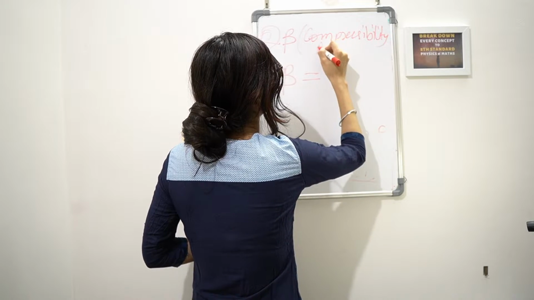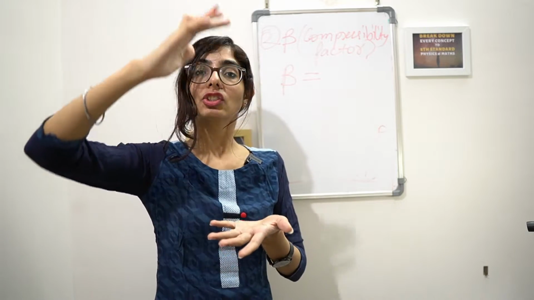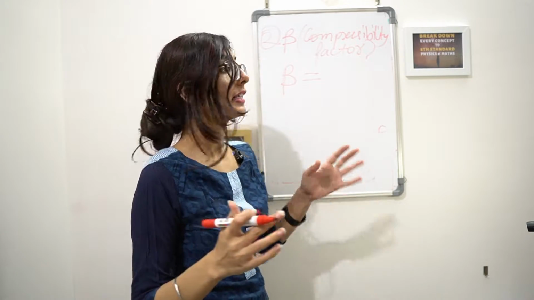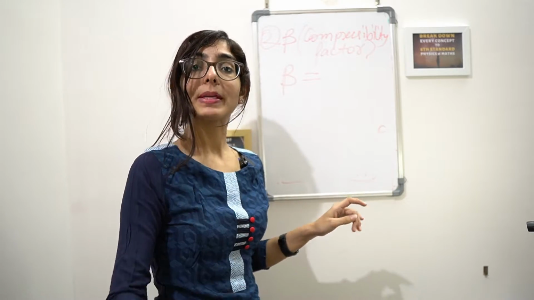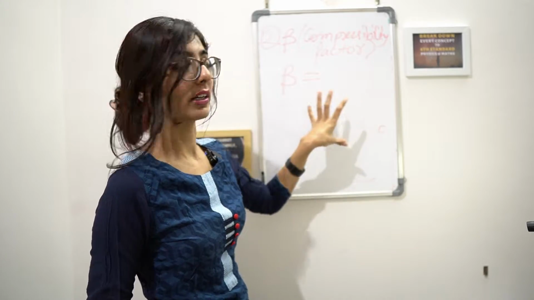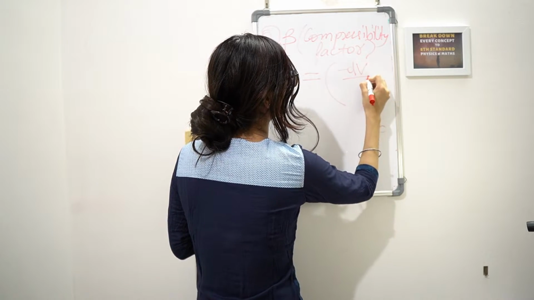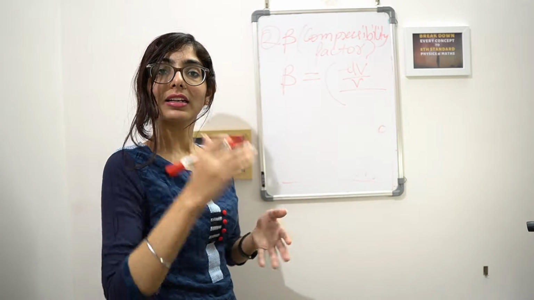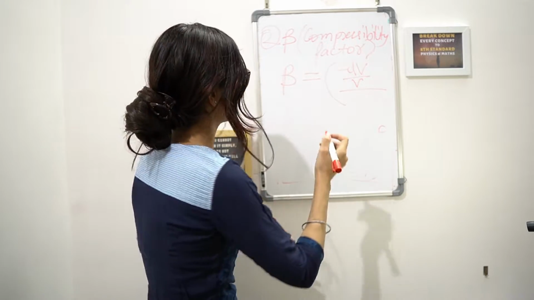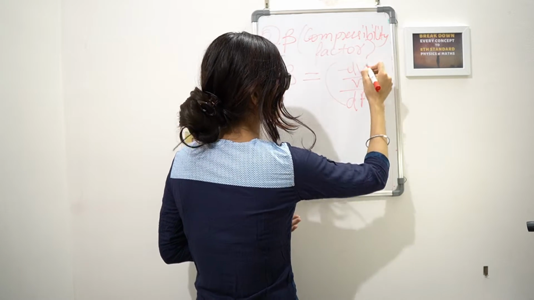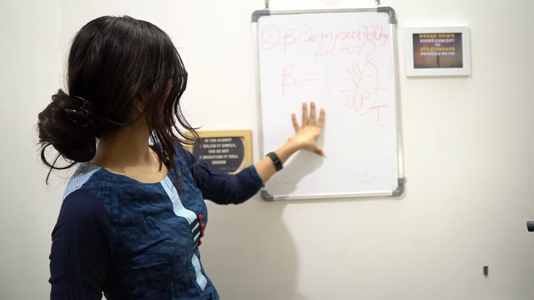Compressibility factor, because compression is taking place. So we are applying pressure and there is a negative relative change in volume, but we need to keep one thing constant, that is temperature. So keep temperature constant for this compressibility factor. Let's write it in mathematical form. Minus dV by V, so it is the relative change in volume. Relative change in volume is taking place when I am applying pressure for compression. So divided by dP, because I am applying pressure from outside and I am keeping the temperature constant. This is the expression for beta.